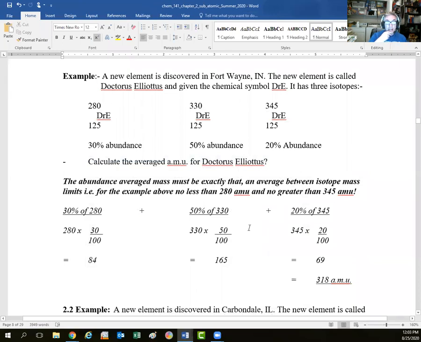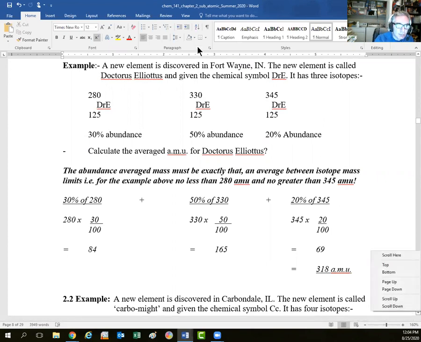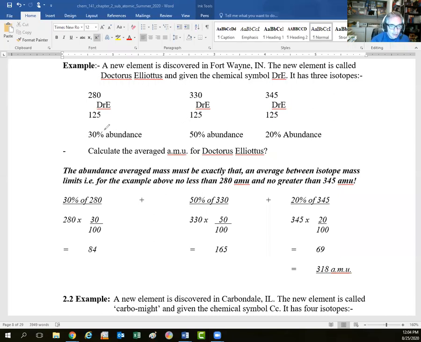So we can use this idea of abundance average mass to calculate the average that we're going to take. Take this example here, the supposed new element which has been found. 30% of this new element has a mass of 280. 50% has a mass of 330, 125 being the atomic number for this new element, and 20% has a mass